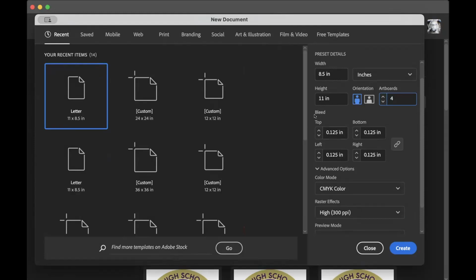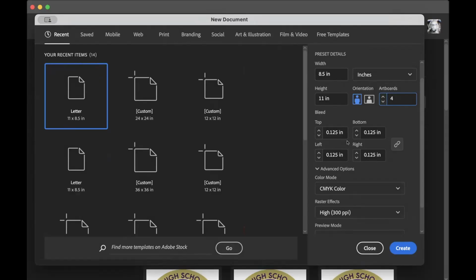Here we have something called bleed. We have not actually talked about that. It's one of those crazy words that's in printing mainly, that indicates the extra lap over the edge of the page. So let's say that you're doing something and you want a photograph to go just to the very edge and not have any white of the paper showing. So if you were to do that and then send it to a printer and they printed it right to the edge without any overlap whatsoever, you are going to run the possibility of having a little tiny